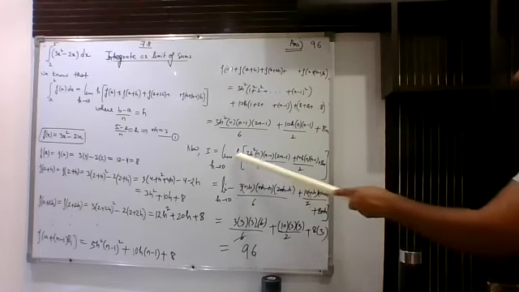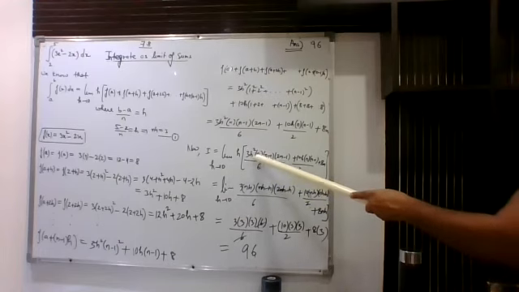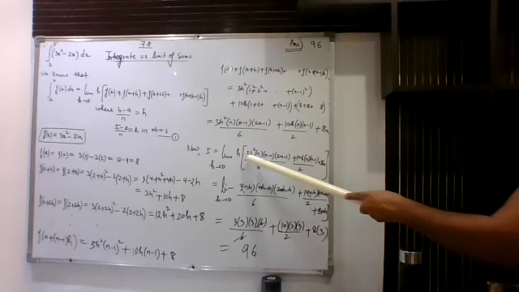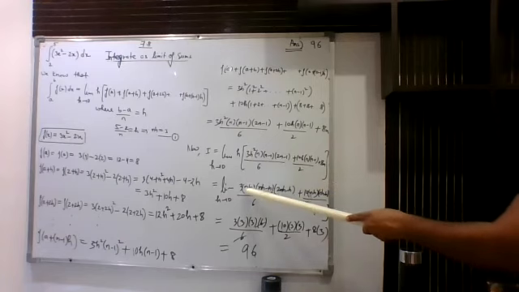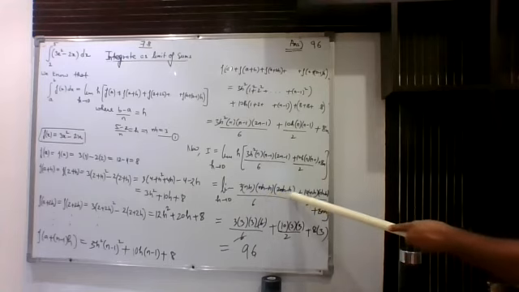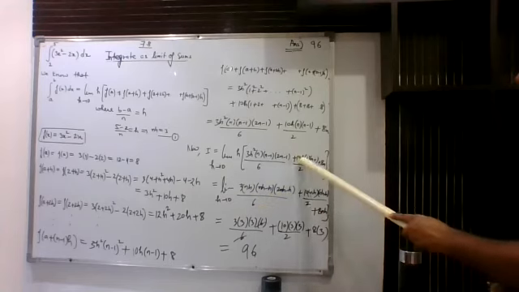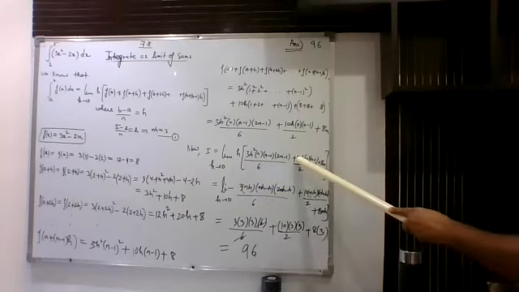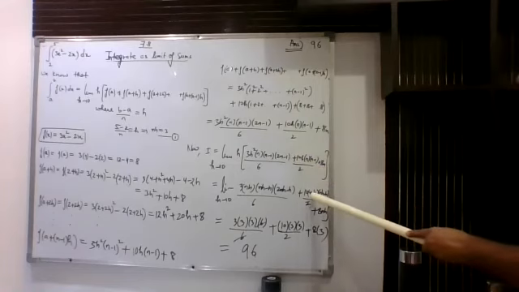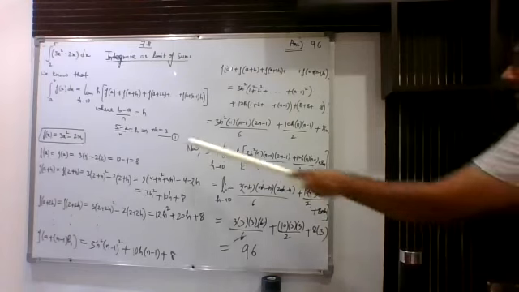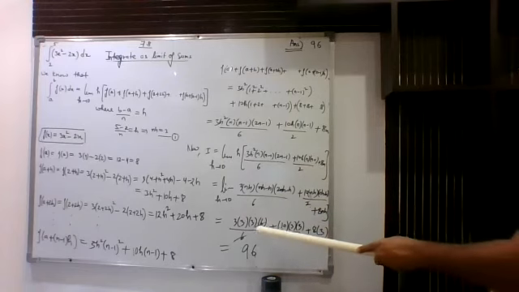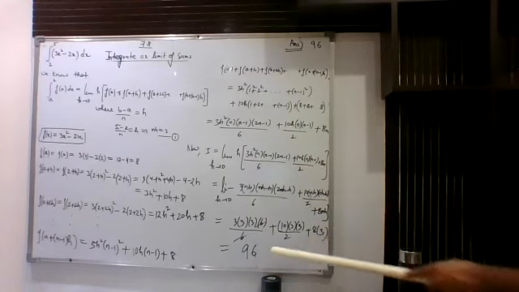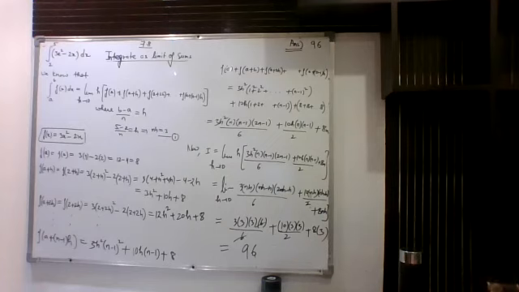So I'm taking this h inside. Here I'm getting 1, 2, 3 brackets, h to the power 3. So in every bracket you will put one h. So it is nh, nh minus h, 2nh minus h, upon 6. Here we have 2 brackets and we will get h square. So that is how we are writing it. And this will become 8nh. After that, put the value of nh as 3 and put h as 0 and do calculation. After calculation, you will get your answer as 96.